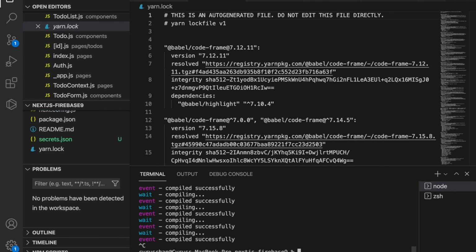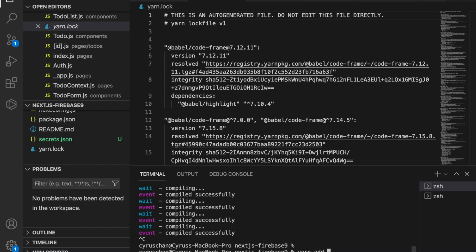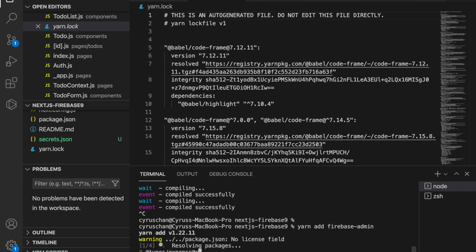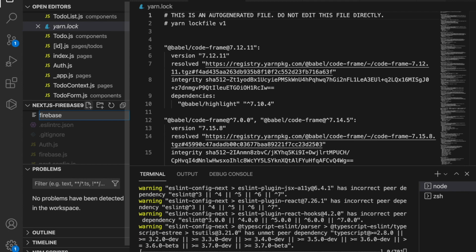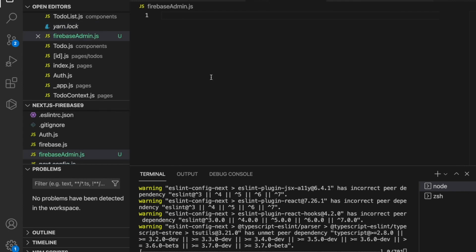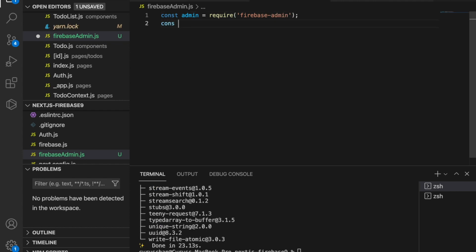And next we stop the server, and then we add firebase-admin. And then inside the root folder, we create a file called firebaseAdmin.js. And then in the file, we create a constant admin is equal to require firebase-admin. And then we are going to create a serviceAccount is equal to require, and then we search for the secret,